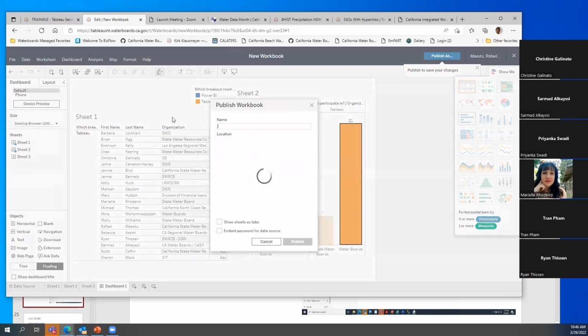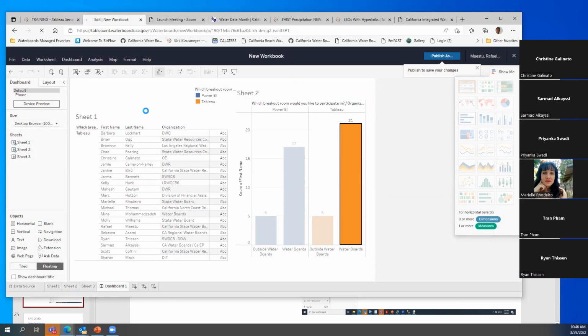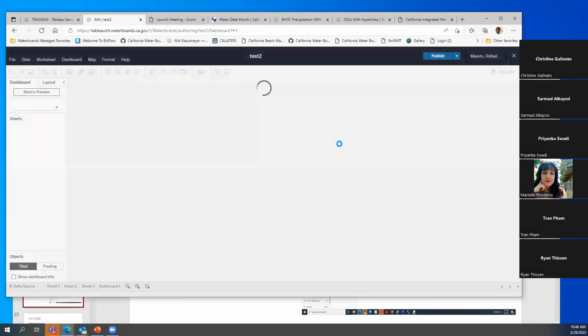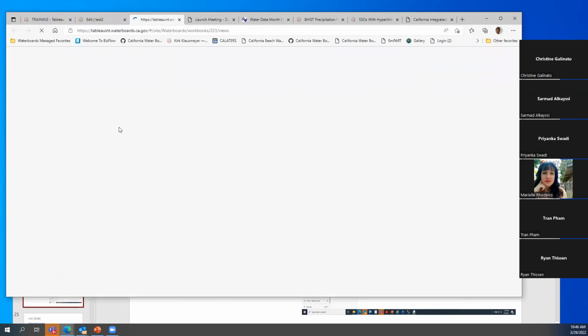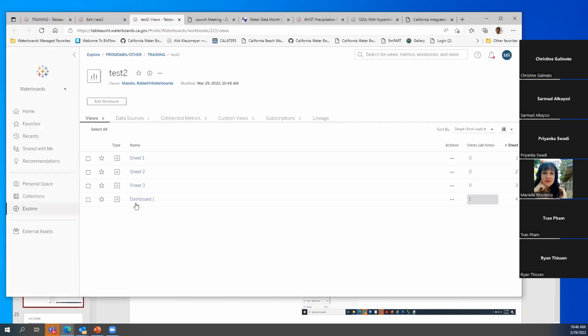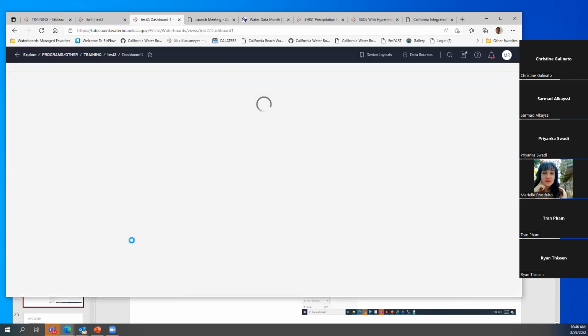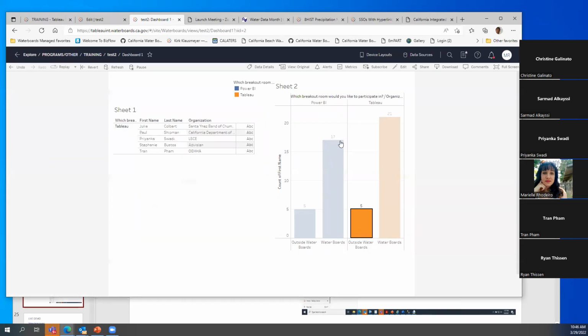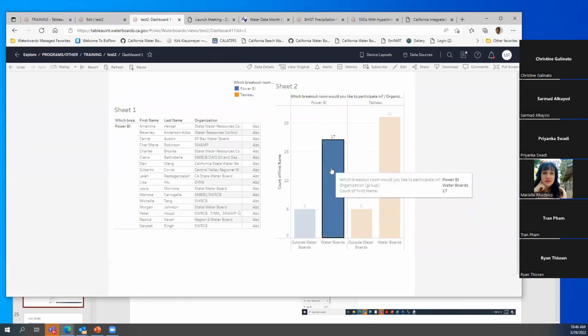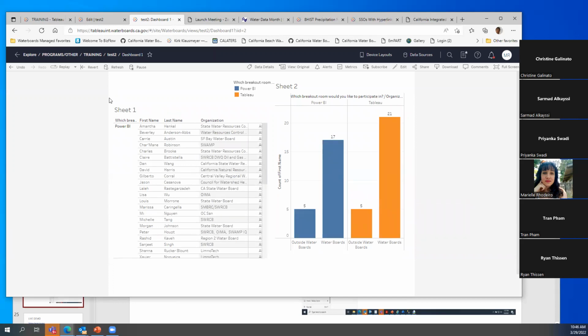Now I can publish this. I'm going to call it test 2. And one of the things you can do when you go to the workbook, and you have this dashboard that I just created, is change things, move things around, work with it.